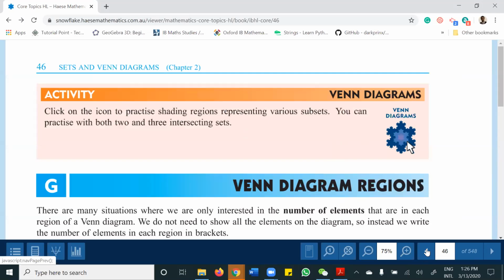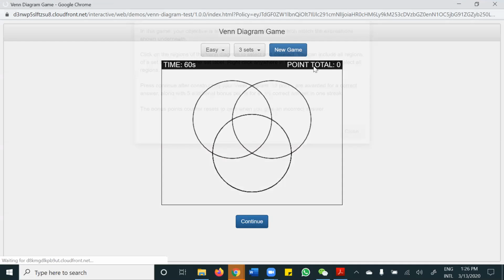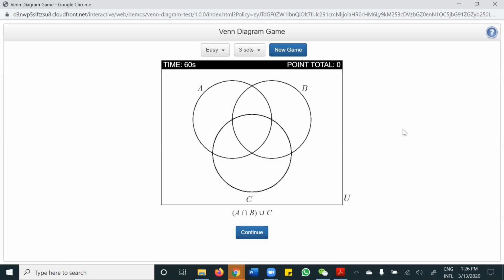Hello? Yes. All right. Yes, received it. I think this is like a game. A intersection B. So which part do I shade? We should play this game next time. Oh, this is stressful. It's timed. Yeah, I know. So where is intersection B union C?